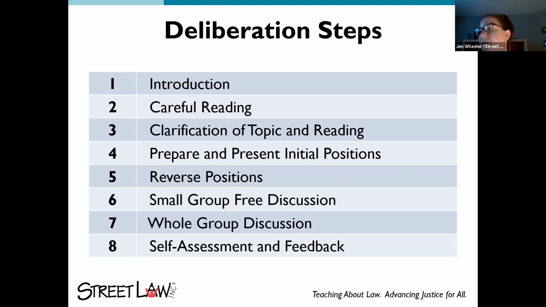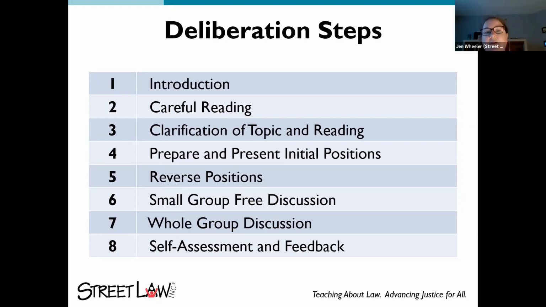Traditionally, the deliberation methodology, which is based on structured academic controversy, if you're familiar with that, is used as a classroom discussion protocol that allows students to explore multiple sides of a contested issue and search for consensus cooperatively, so a little bit different from a debate. We think that though this discussion strategy is best done in person, elements of it can be done during the emergency remote learning time that many of us are in right now. So this slide shows us what a deliberation looks like under ideal circumstances. There are 8 steps, as you can see.